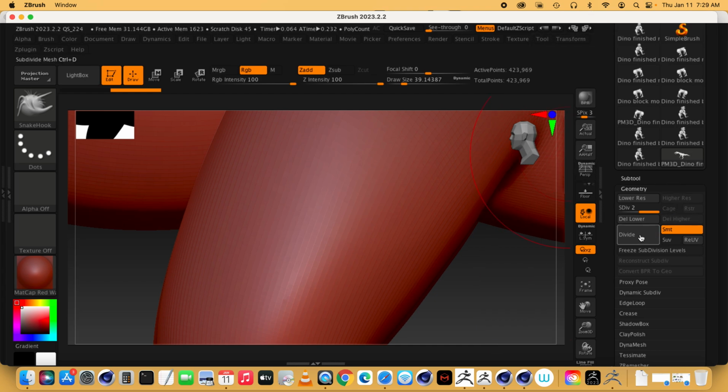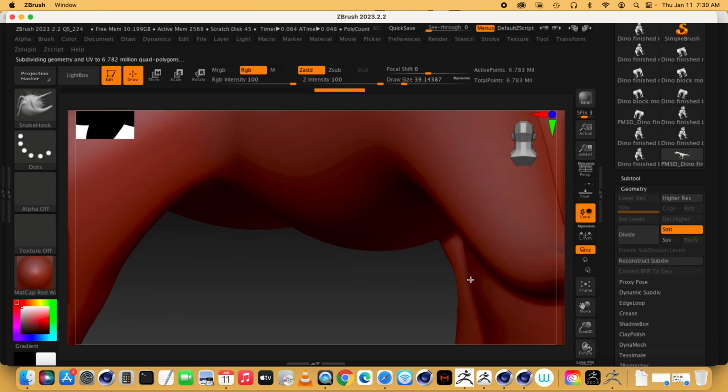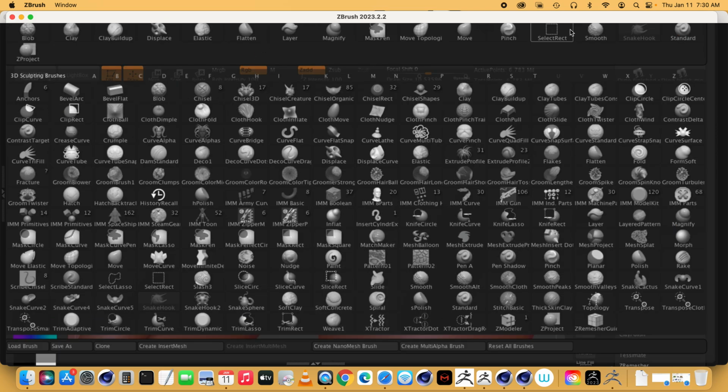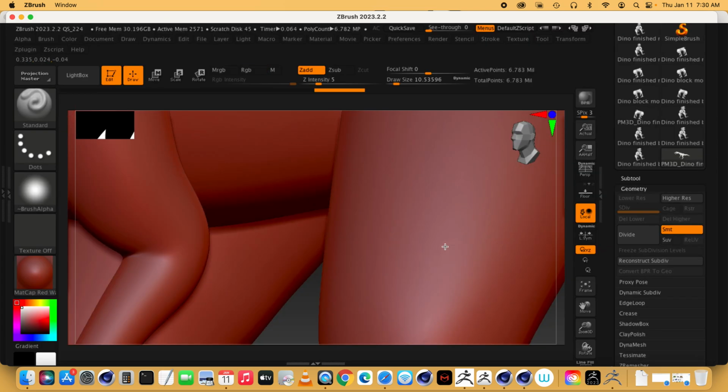What we're going to do is go ahead and delete the lower, and then divide it again. You can divide it again, delete the lower, and so now it's basically a good resolution to play around with. I'll go to a brush called the Standard brush, which is just your basic brush, and you can